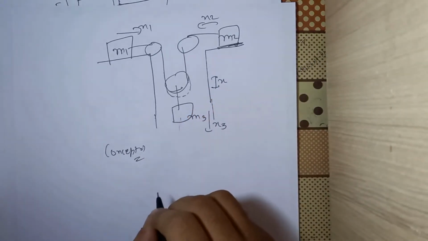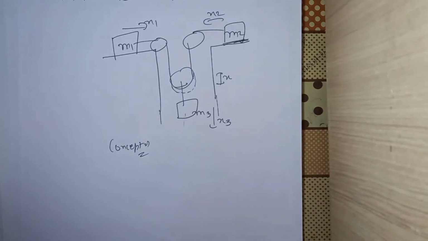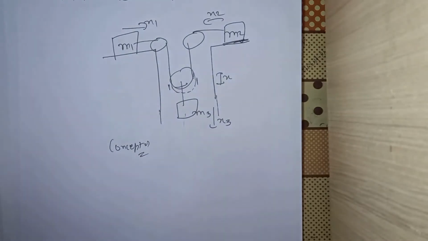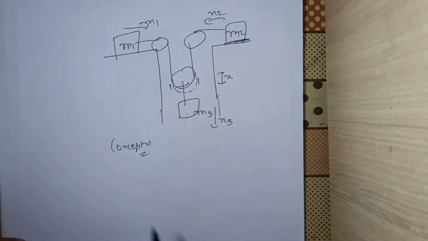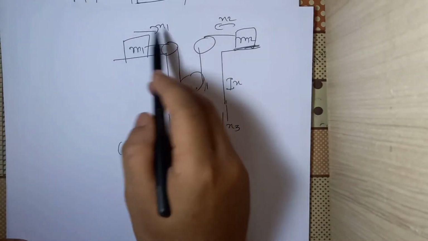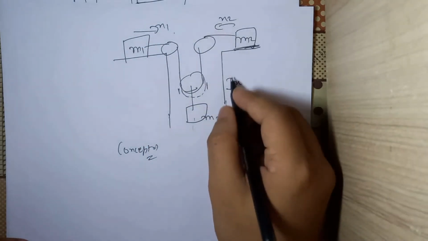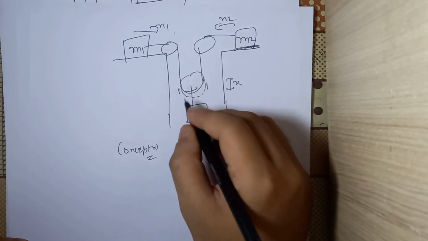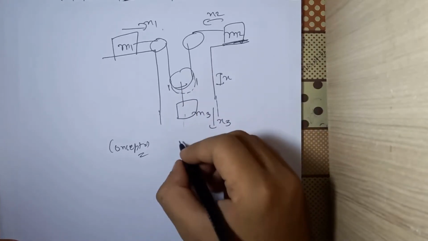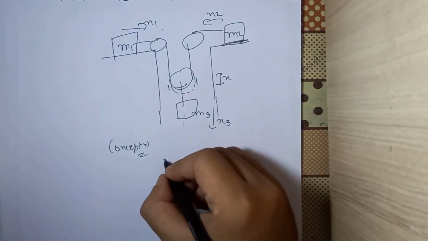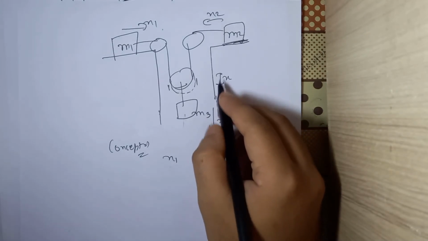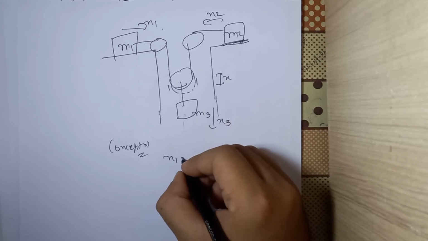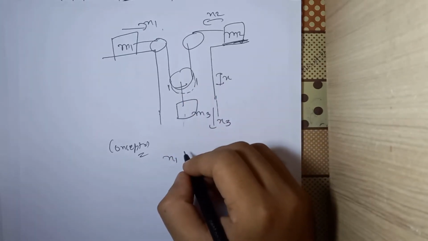So you know one thing: if the center of the pulley is moved by a distance x, there is a length of rope 2x which is added into the system. Now we know that the length of the rope is decreasing here by x1, and the length of the rope increasing here by a motion of the pulley x will be 2x. So I can write the decrease in length of the rope as x1, and the increase in length of rope as 2x, by the motion of the pulley x.